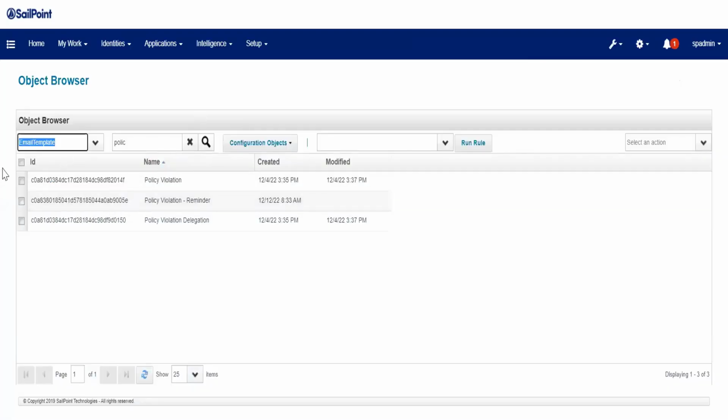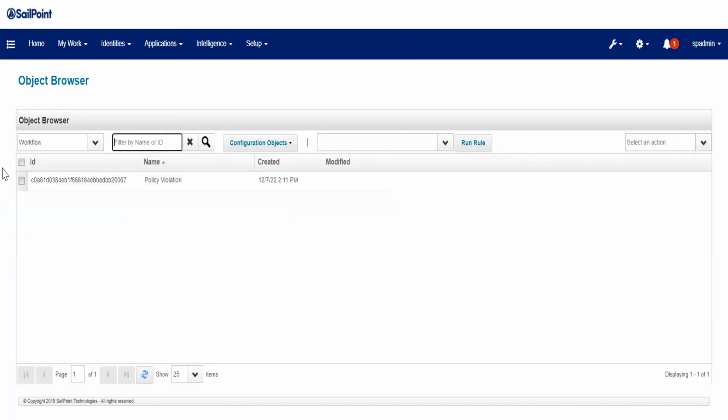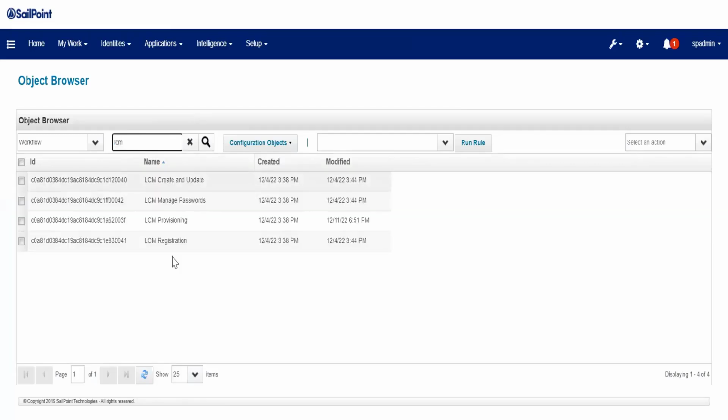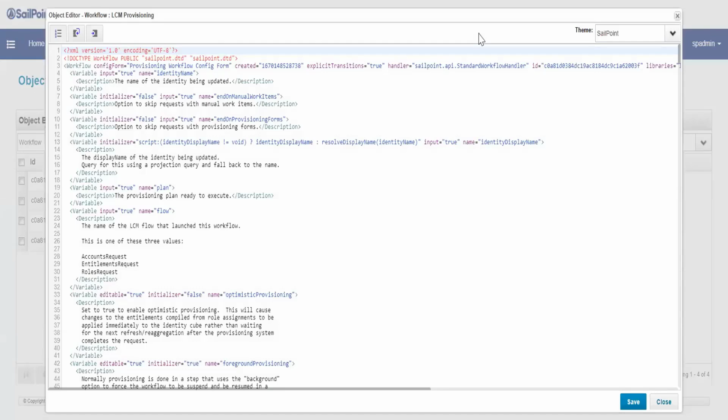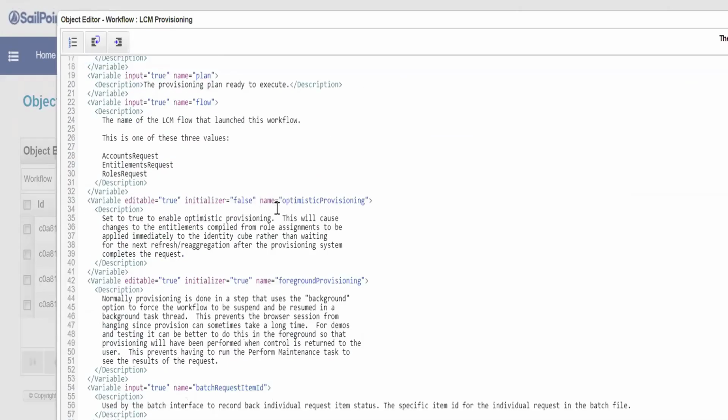Let me show from the back end, from the workflow, what changes I have made. Go to the LCM Provisioning Workflow. Go to LCM Provisioning. Here we have a variable called